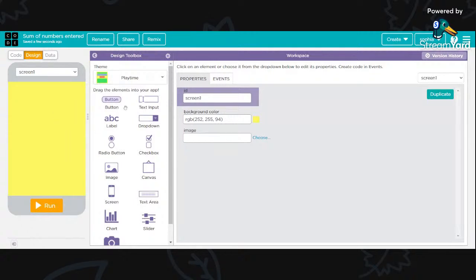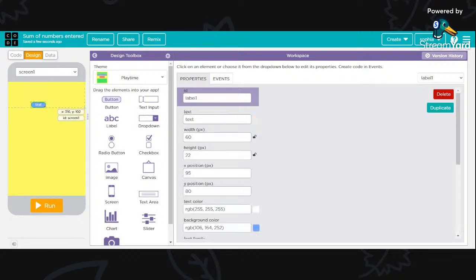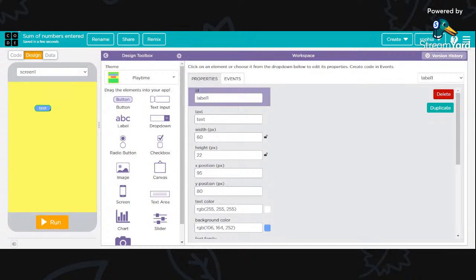Then after that, what I'm going to do is add a label over here and write in that label, welcome to sum of the number entered. You can rename this game to anything you want. It is not necessary to name whatever I name. This is pretty small, so I'm going to change the size, and after that,